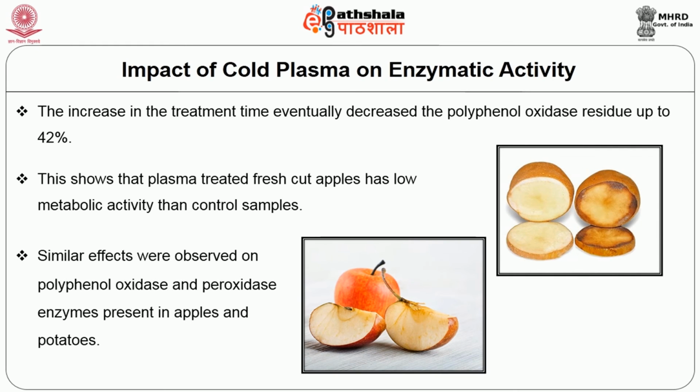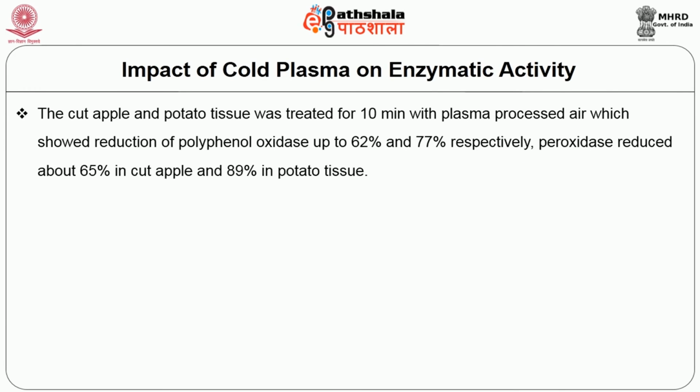This shows that plasma treated fresh cut apples have a lower metabolic activity than control samples. Similar effects were observed on polyphenol oxidase and peroxidase enzymes present in apples and potatoes. The cut apple and potato tissue was treated for 10 minutes with plasma processed air, which showed a reduction of polyphenol oxidase up to 62% and 77% respectively, and peroxidase reduced about 65% in cut apples and 89% in potato